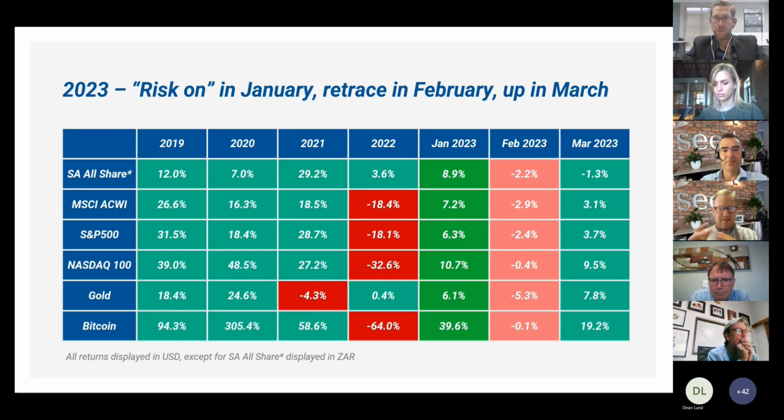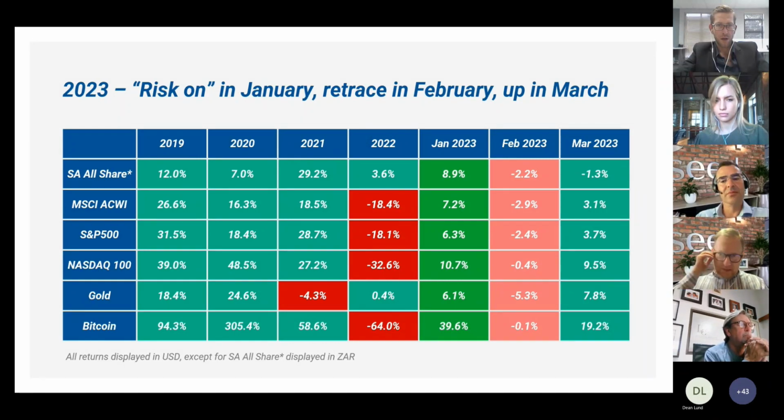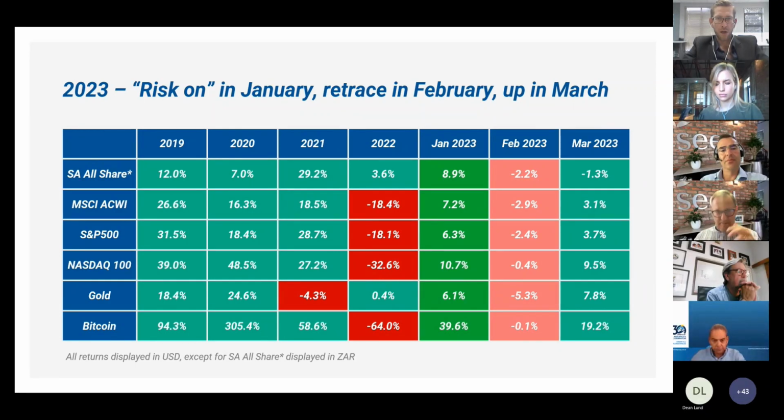And it's just interesting how you can get a sense in so many ways of how correlated the markets are when you just look at green, red, and then green again. It is just very interesting. Obviously, a lot more muted on the JSE. We'll cover and look at that a little bit. But you can see there, obviously, the gold came up. And then the NASDAQ, which is all your tech shares mostly, is up 10% in March.